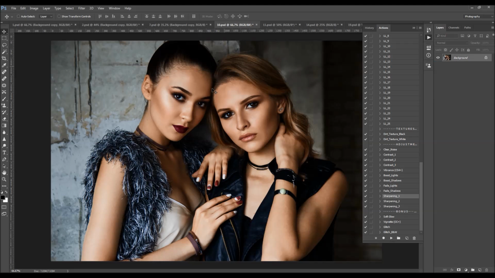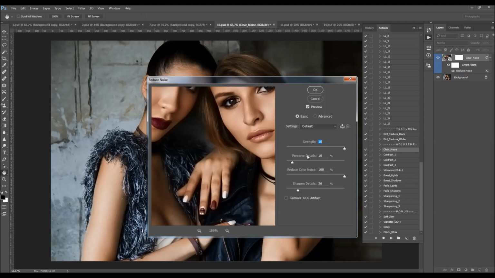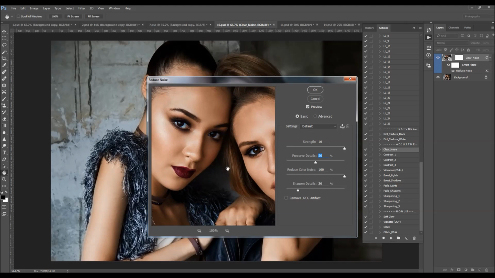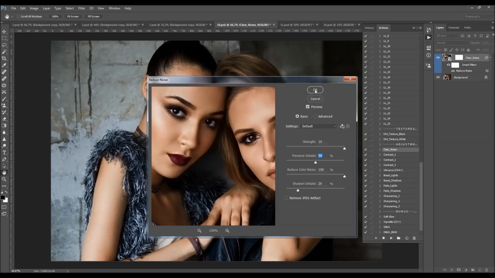Alright, here's our next example. So here I'm not going to use color looks because I'm just going to use some glitch actions, and just going to play the clear noise, and double click here and drag this to about 50% to preserve more details in the photo. Alright, just going to click OK,